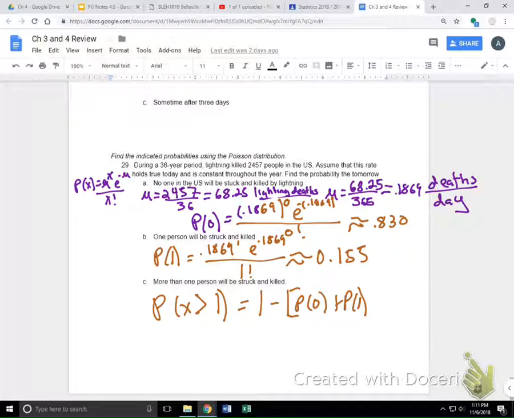So that's more than one person, so that's the probability of nobody, and then 1. And so calculating those two, we already did them above. It's going to give me 1 minus 0.830 plus 0.155, which equals